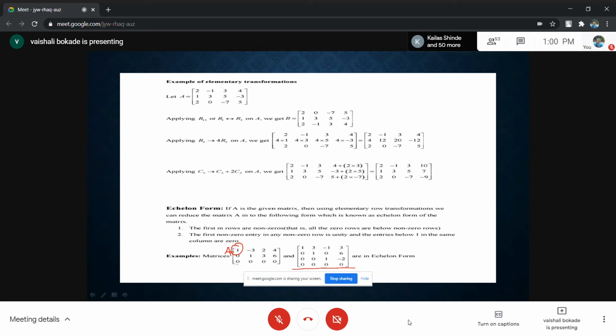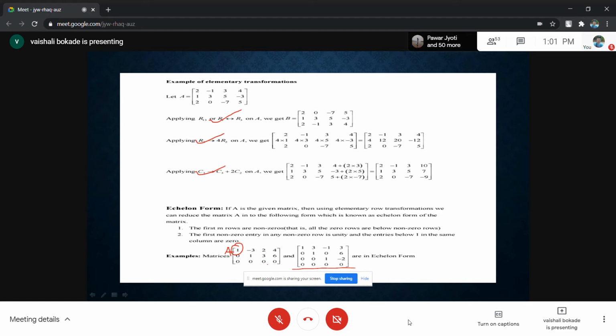For that purpose, I may interchange rows, I may multiply a scalar to a row, or I may use these types of row transformations, using R1, R2, R3 and so on, for converting the element to be 1. This is applicable only for non-zero rows. And what I told you, that zero rows I will transfer to the bottom, is not always the case. For some matrices, I may not have zero rows at all.